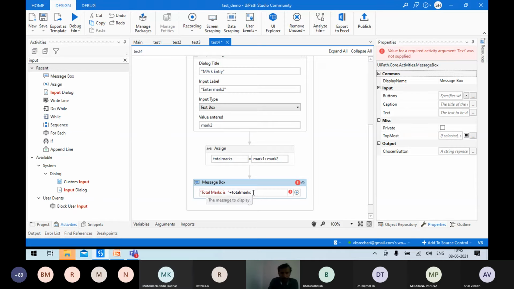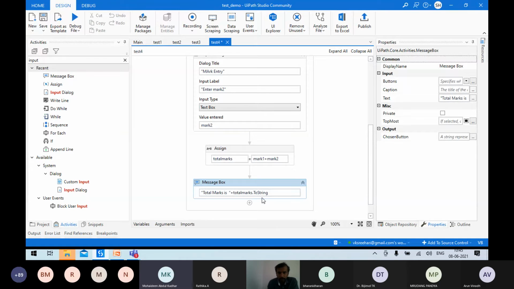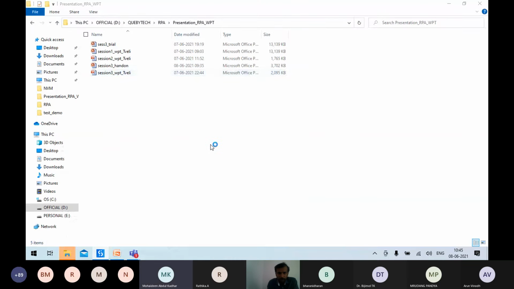The total marks is an integer, so to display it as a message you have to give something called .ToString. Dot ToString. So save the project, and again I'll make it clear it is run file and it's not run, it is run file.